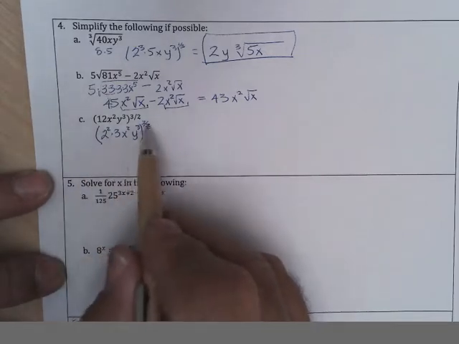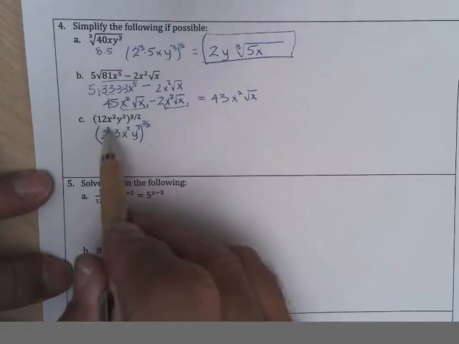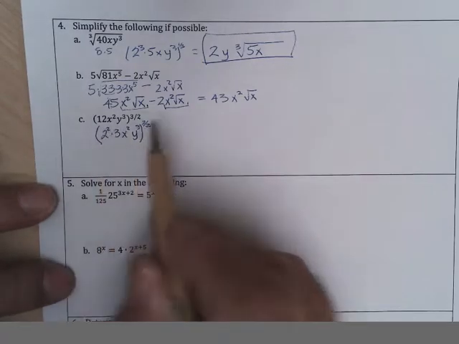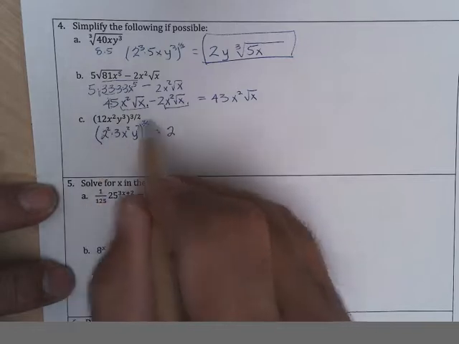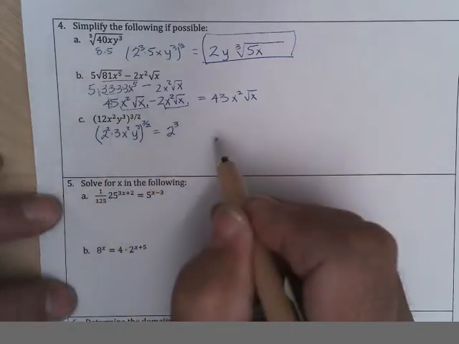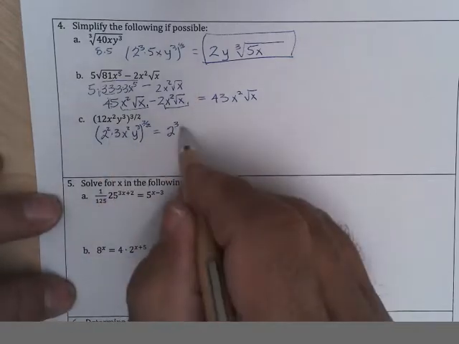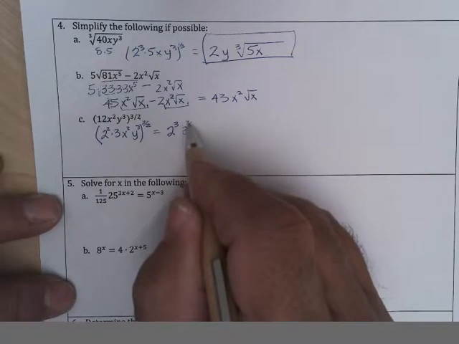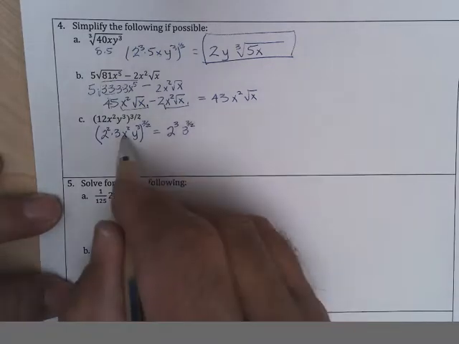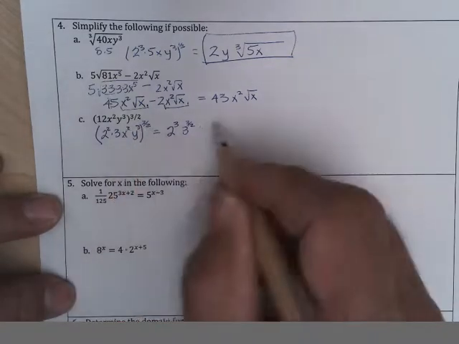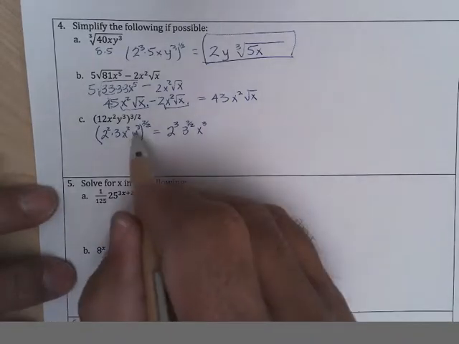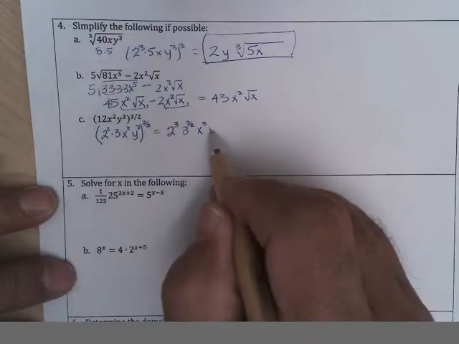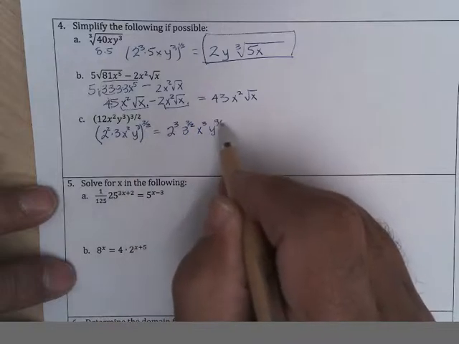These are all multiplied so you can distribute the power, so you get 2 times 3 halves, which is 2 to the third, 3 to the 3 halves, x to the 2 times 3 halves is x to the 3, y to the third times 3 halves is y to the 9 halves,